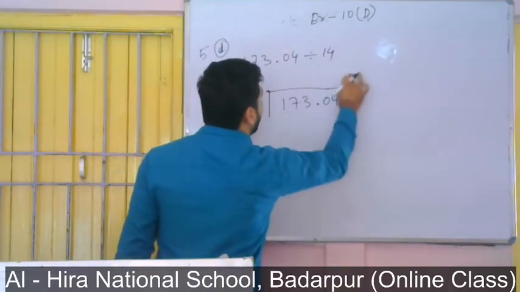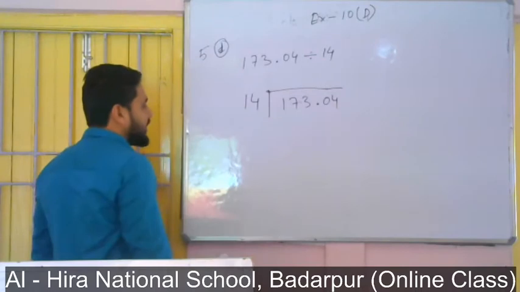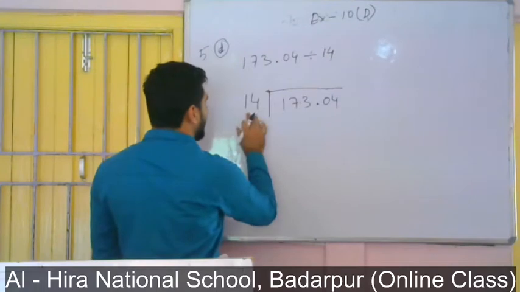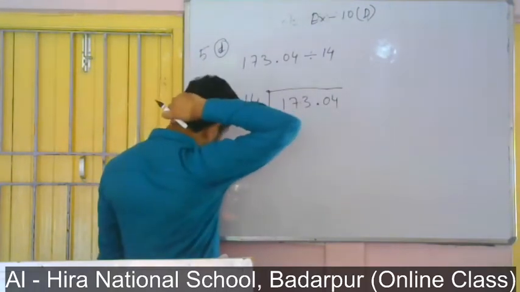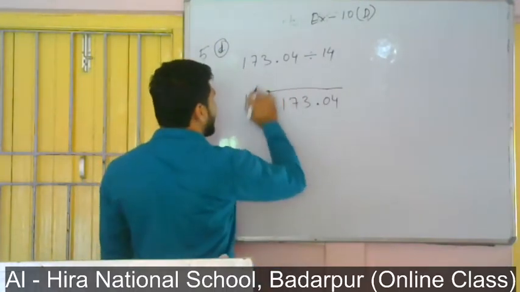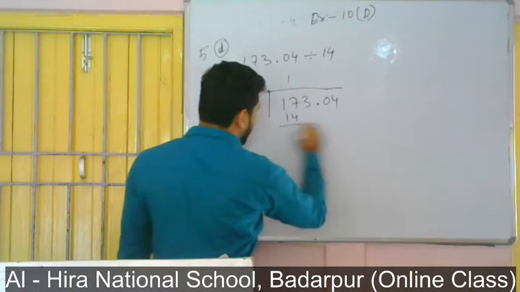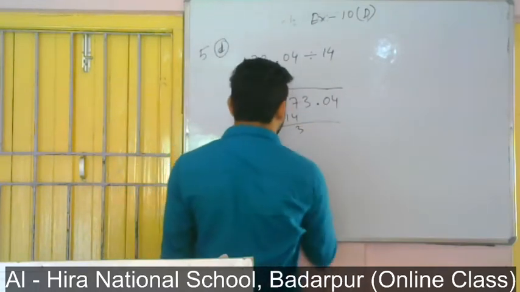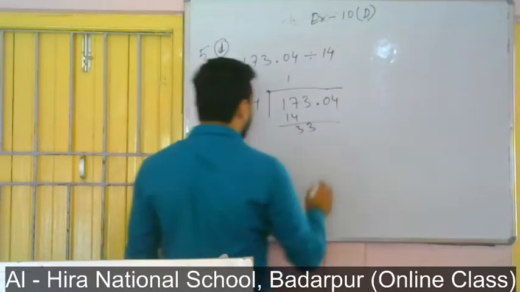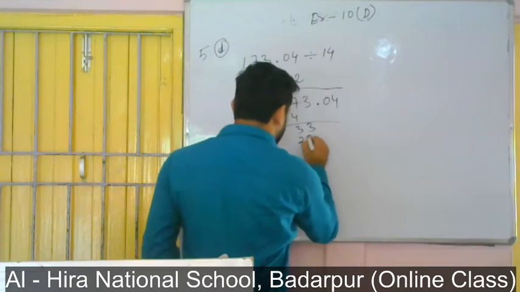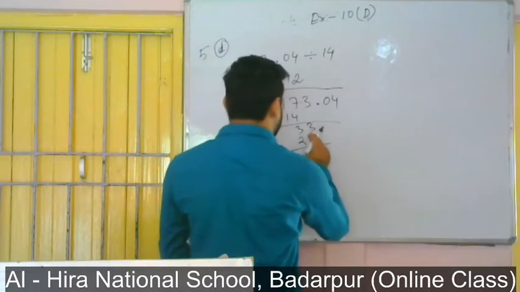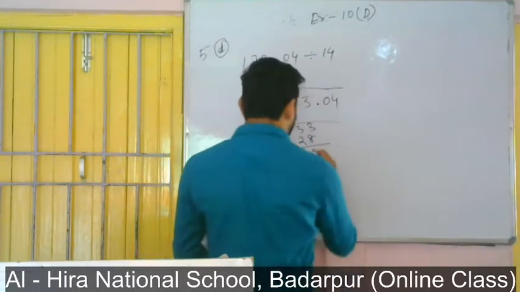I said the process how to do. Okay, so you see again, here 2 digits, so we will divide by 2 digit. So 14 will divide 17, will divide 17 by 14. So 14 1 jar 14, 14 2 jar 28, so 14 1 jar 14. Okay, after that 3, 1 minus 1 0, 3 is not divisible, so we will take here 3, then 14 2 jar 28 and 14 3 jar 42, so for the reason 28. So here comes 13, 13 minus 8 5.